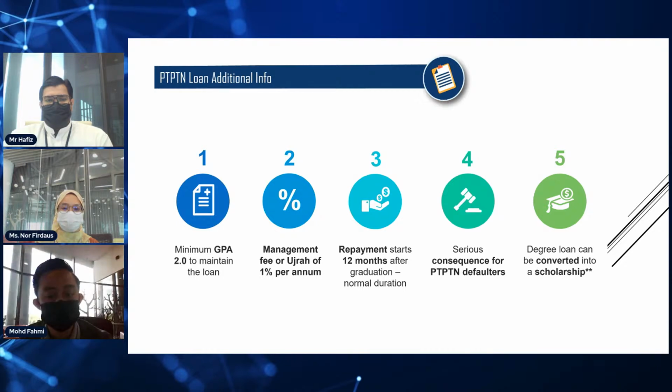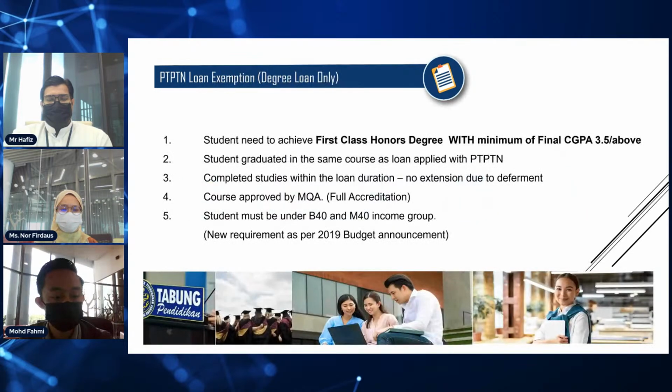Next is the serious consequences for PTPTN defaulters. If this happens, we need to discuss with PTPTN, because you need to make your payments to avoid your name being on the blacklist. And last is that the degree loan can be converted into a scholarship for a degree program if the student achieves 3.5